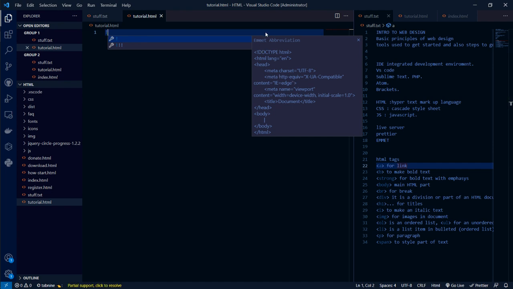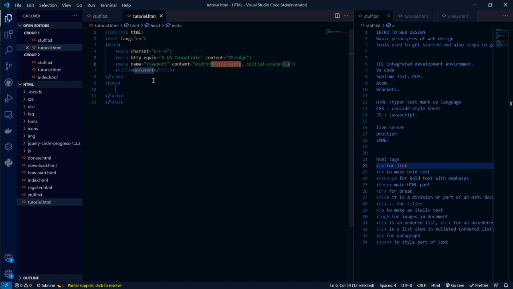Like I told you guys, you have to install Emmet. So this is an Emmet abbreviation. It's a kind of code shortcut that can be used to set up your HTML document. If I click enter, it sets it up for me, and everything is set. Everything is really nice. You can actually design and get things done.